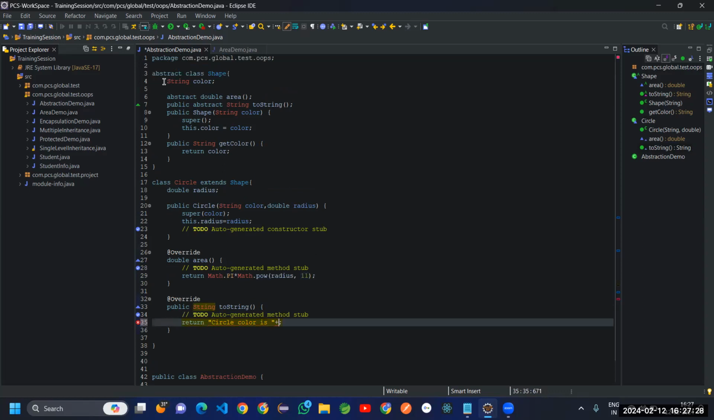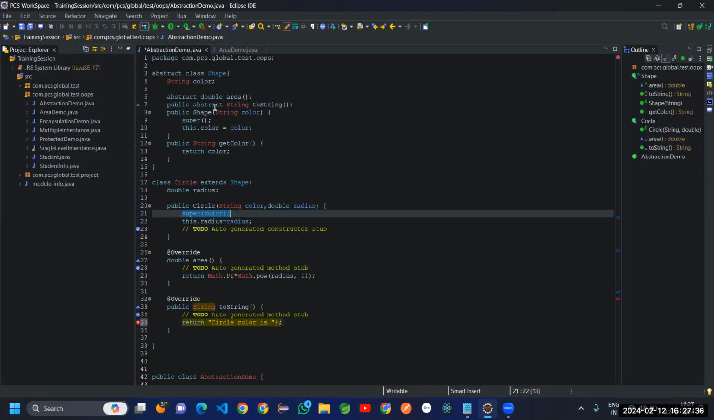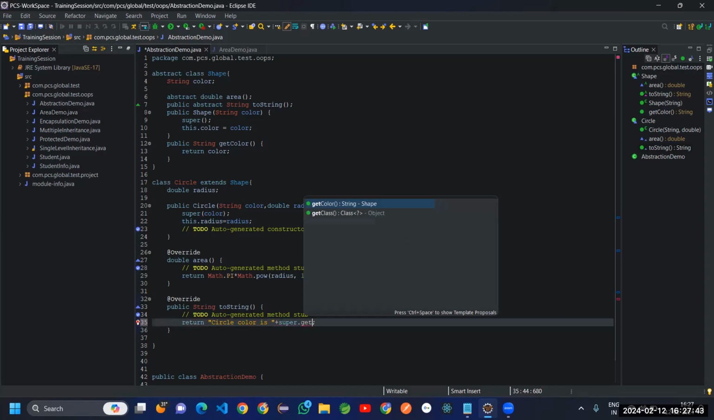So that means we need to access color from this Shape class. How do we access it? We know that by using the super keyword, we can access variables also. That means super.getColor. See this, we can call superclass methods also by using the super keyword. getColor, that means it will print the color, and we need to print some message. And area is,